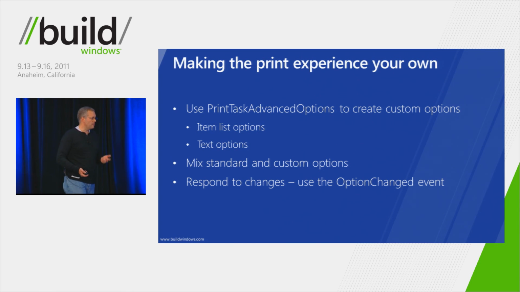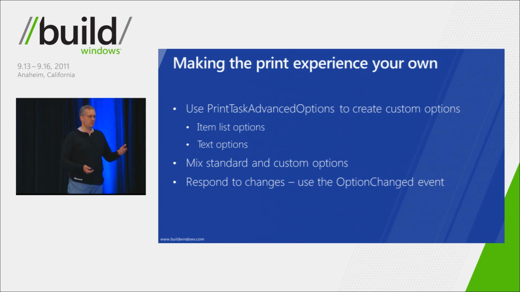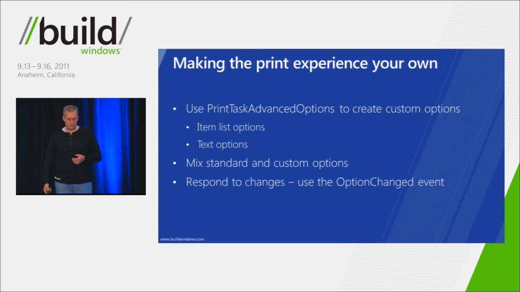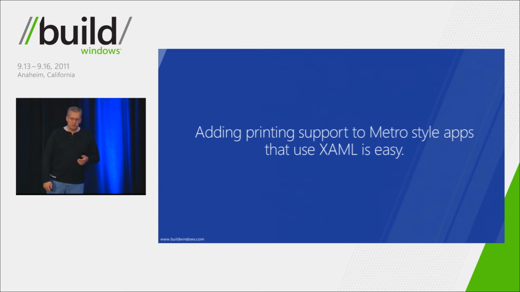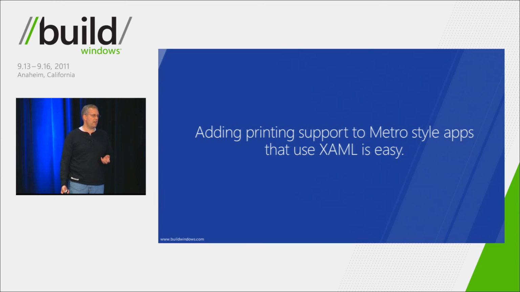Final thing I talked about and demonstrated was that using this option changed event, I can listen to what the user's doing on the print task or on the print experience and respond to it and update my content. So, just like HTML5 and JavaScript, using XAML to print for Metro-style apps is simple. It's easy. We're not tossing all the hard work over to you guys anymore. We're not making you do all of the stuff that for years you've had to do in Windows. But wait,